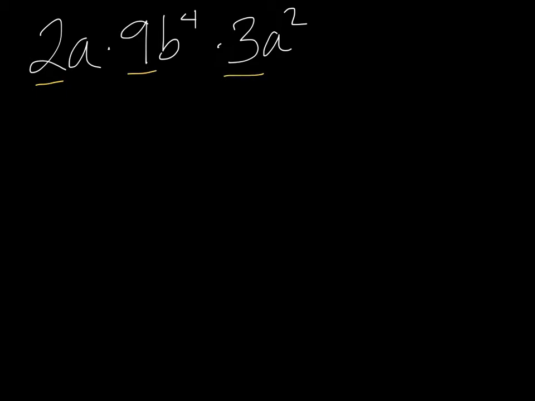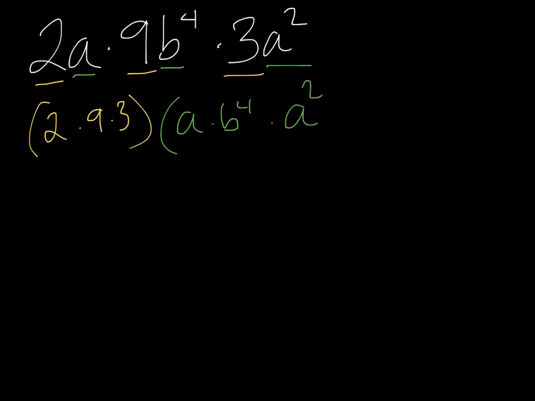If we have 2a times 9b to the 4th times 3a squared. Okay, so regardless of what the different variables are, when we're multiplying algebraic expressions, we can multiply all the coefficients. So 2, 9, and 3, right? So we get 2 times 9 times 3. And then our variables, a, b to the 4th, and a squared. So times a times b to the 4th times a squared, right? So 2 times 9 is 18, times 3 is 54,